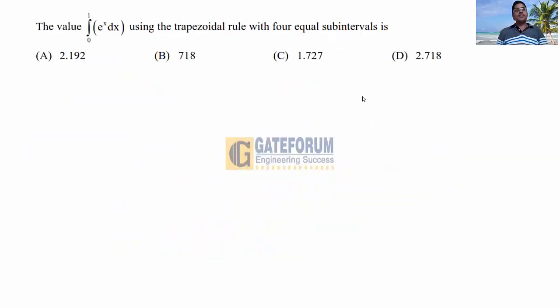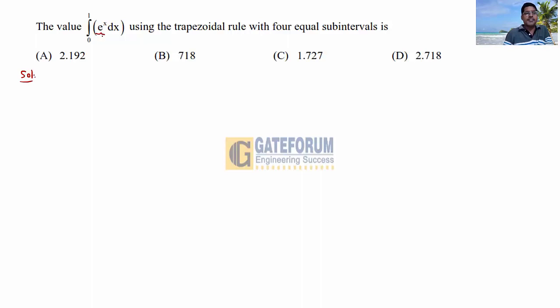The question is: the value of the integral 0 to 1 e power x dx using the trapezoidal rule with 4 equal subintervals is. 4 options ABCD are given. This question is from engineering mathematics, from the topic numerical methods, subtopic numerical integration, 2021. The solution is,